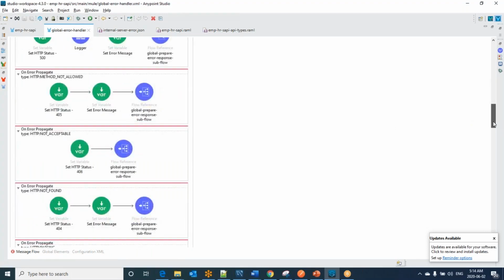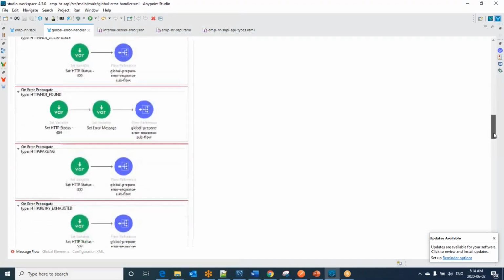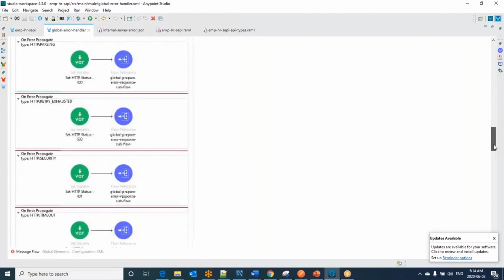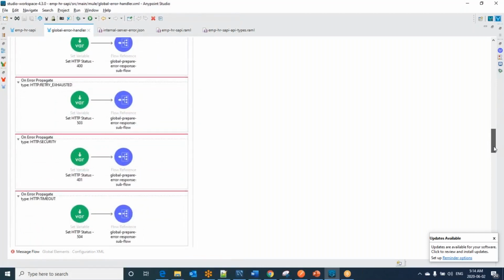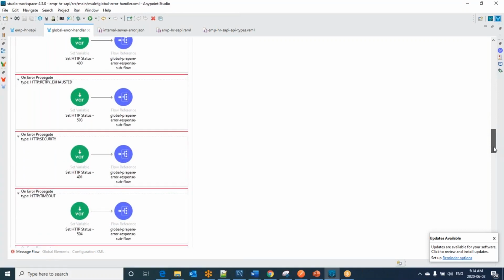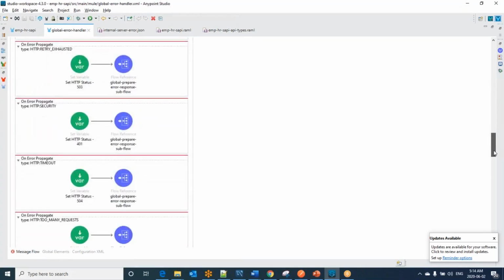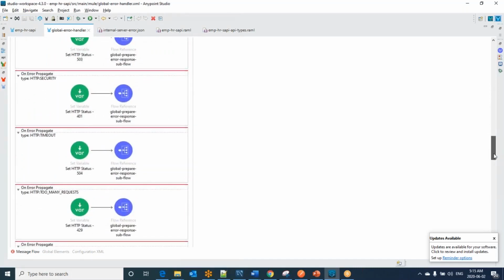In a similar way, HTTP not acceptable, HTTP not found, HTTP parsing, HTTP retry exhausted. Usually we configure the HTTP retry configuration while consuming the REST services. In a similar way, you are sending some security, but that couldn't be allowed, then you are customizing it here.